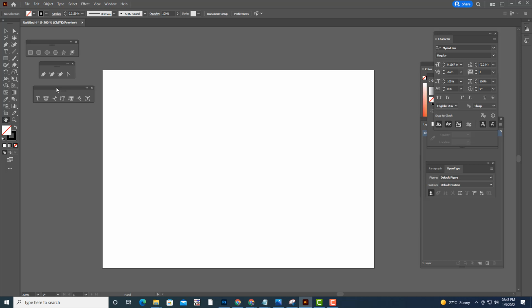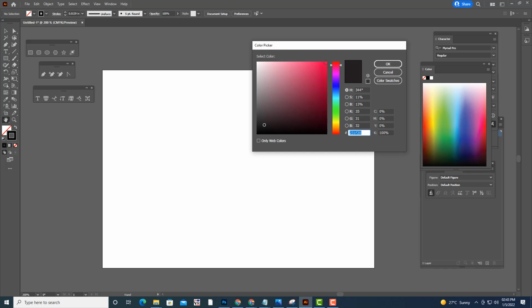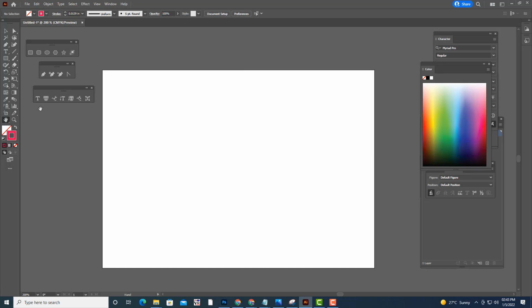So how we can use this? First turn off the fill, only keep the stroke, and we'll change the stroke color to some red color. And then we'll select the pen tool. With revolve we can create objects like glass, pot, and also flower vase. So let me first create one simple glass. This is like a bar glass, that glass that you see in bars and restaurants.